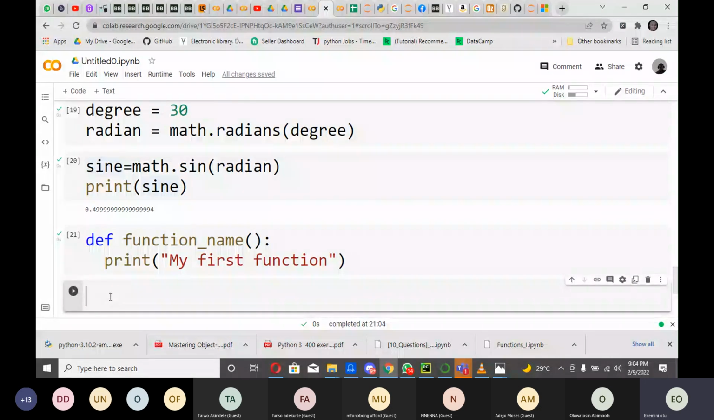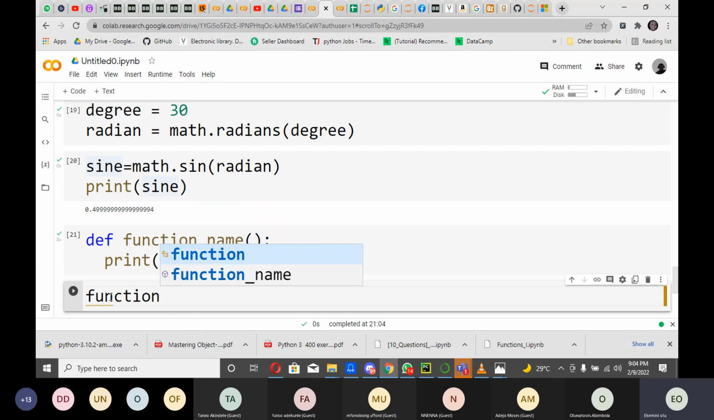We do not print functions. We call them out. And once we call them out by their names, it's going to perform what it's supposed to do. And in this particular function, the only task it's supposed to do is to print my first function. So let's call it out. We just say function underscore, you can see it has brought out options already, function_name, and you put an open and close bracket, and immediately you run this,